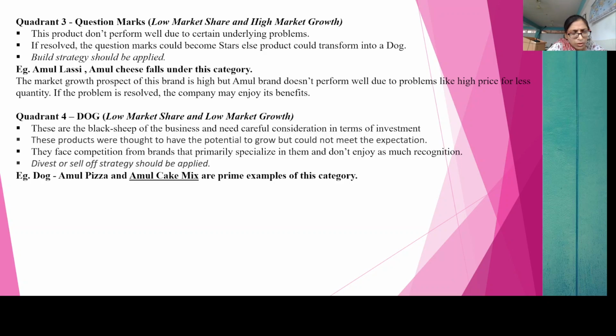Initially they were expected to grow more, but ultimately they fail. So it's better that in this quadrant we divest or sell off that product. Like Amul pizza and Amul cake mix, they are not doing that great,